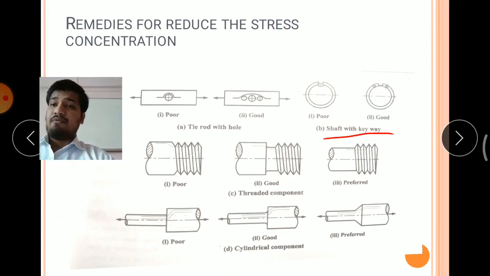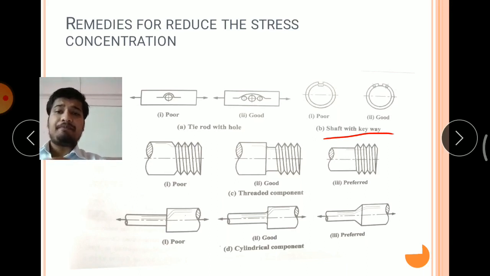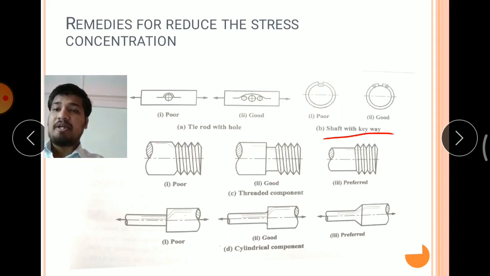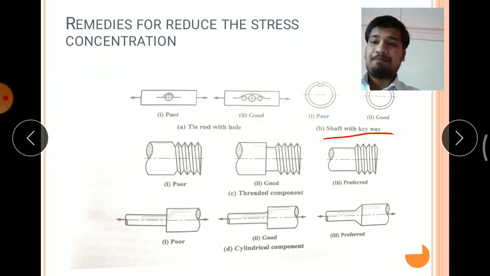After that we have the stress concentration factor. It is represented as Kt, and we have to find it by using the maximum stress and minimum stress point. Which is the maximum stress and which is the minimum stress, we are now going to discuss by using one figure.